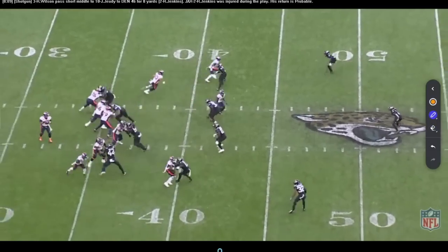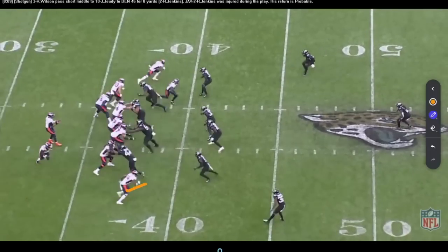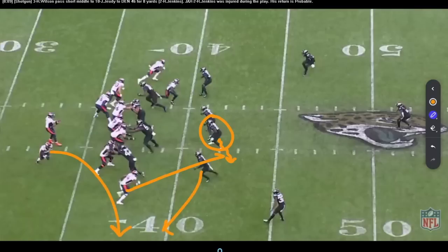Watch him. What's he do? Okay, he angles in here. And so my question would be, why are we angling in there? Because if I angle in there, what am I doing? I'm cutting down the space to the biggest problem I have on this play. If I'm running in there, I'm running right to this defender. And I'll let this guy run past me to cover the flat, and now we're hurting ourselves with the